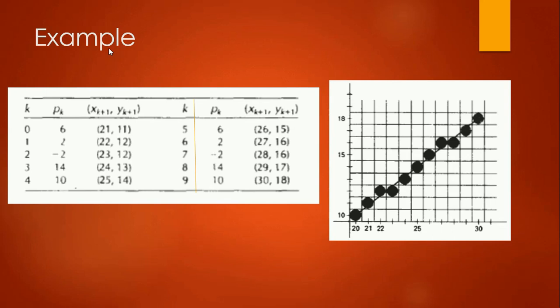So the initial point we have already plotted is x position 20 and y position 10. So that is already plotted. Based on the algorithm we got newer values here, so let us plot that. That is 21, 11, and 22, 12, like this.